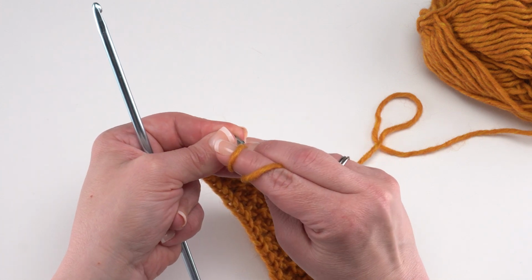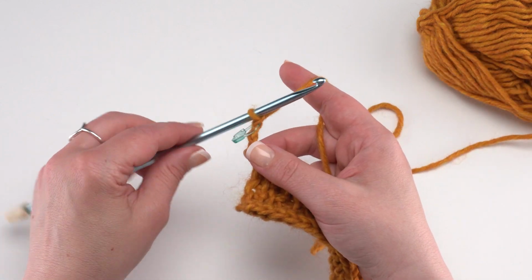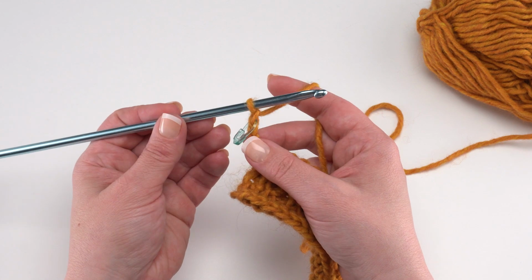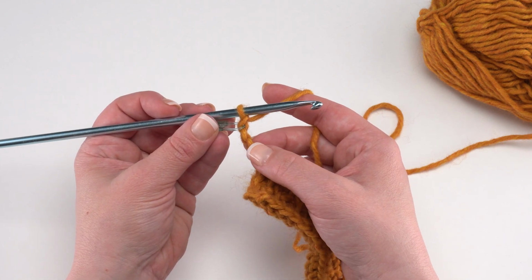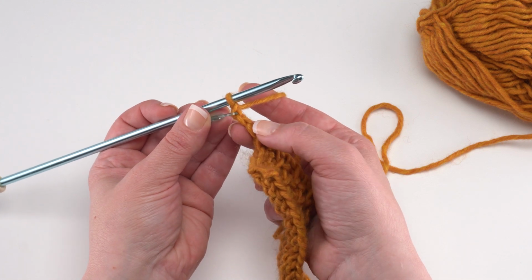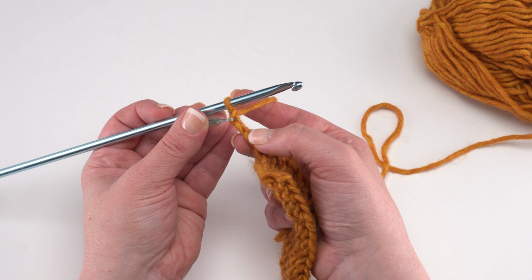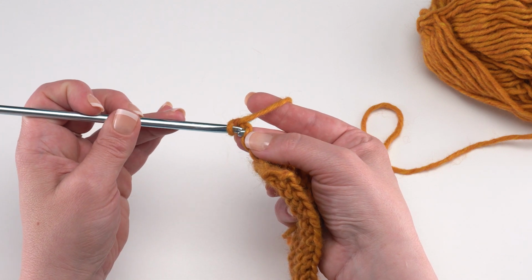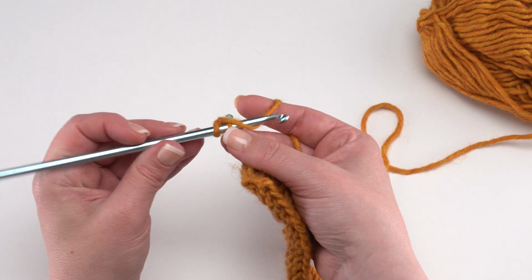There we go. Then we're going to continue across with linked double crochets. If it's easier for you at this point, you can switch to a standard crochet hook. We don't need to use the Tunisian hook anymore. What we're going to do is find that 2nd stitch from our hook. We've marked the top of this one. This one's going to be our double crochet, but we want to find that 2nd chain we made, go into the back hump of it just like we did when we were starting our Tunisian project,